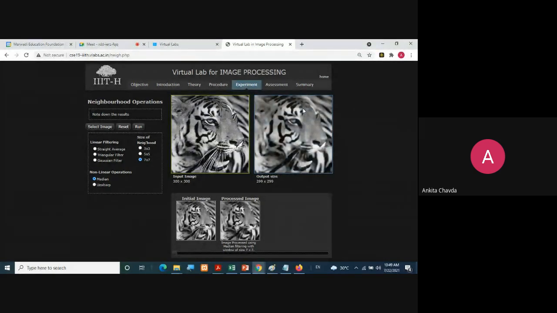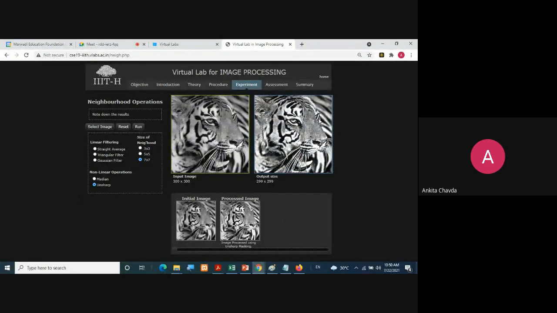And with the same image I'll apply this unsharp filter. You know the meaning of it. Now say what it is doing. I have applied the unsharp filter and you can check the results.